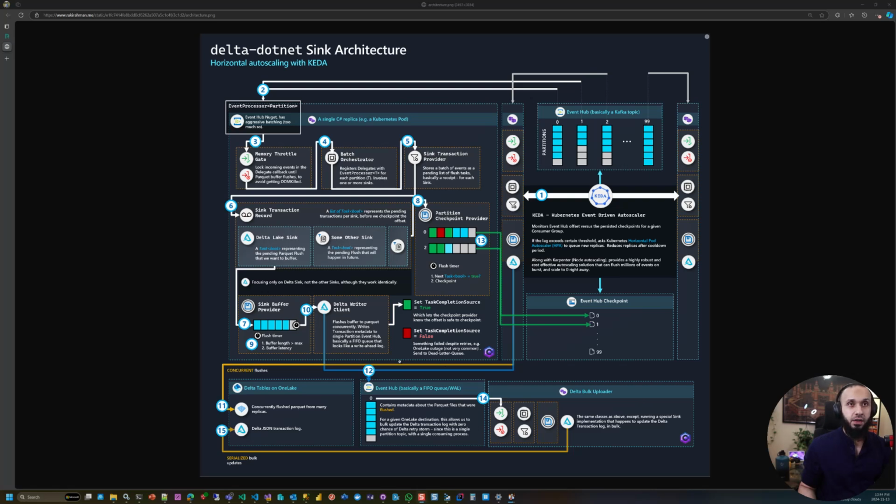Okay, let's look at a quick demonstration of this delta-dotnet sync in action. So essentially, I'm going to have a Kubernetes cluster, which is going to have KEDA operator pre-installed on AKS. And I'm going to have an event hub, 3 topics, essentially. So 3 of these. And what we're going to look at is we're going to be running 0 replicas of the delta-dotnet worker. We're going to fire some events into the Event Hub, and we're going to look at how